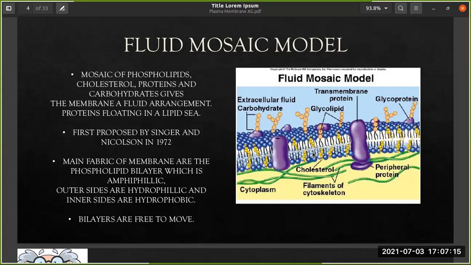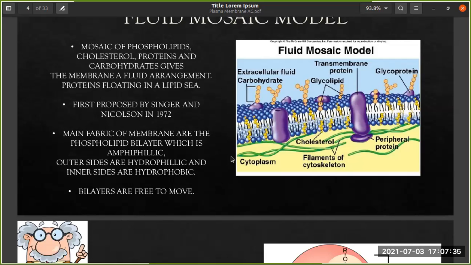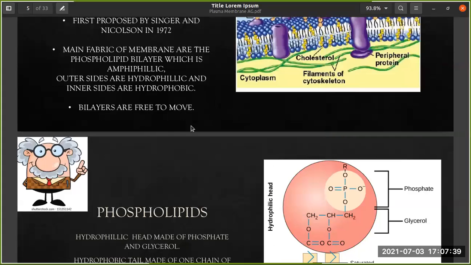So apart from that, let us go to this particular structure. You have glycoproteins and extracellular fluids, carbohydrates, all attached to this plasma membrane in this fluid mosaic model. So these are the little points which you have to give when they ask you to write about the fluid mosaic model, and you give this picture. Write this in a bit of detail, but this is the essence.